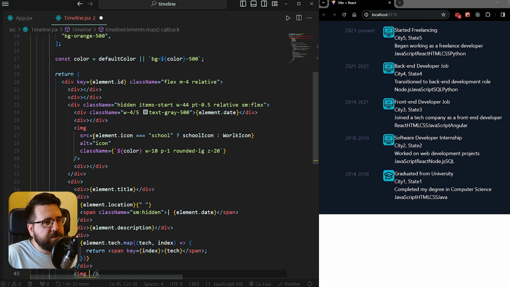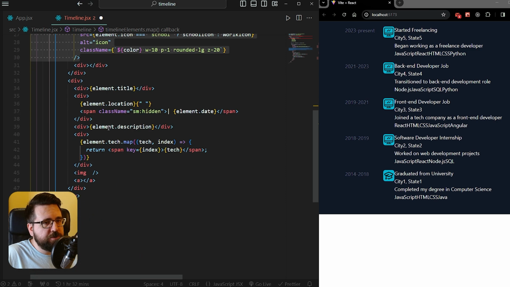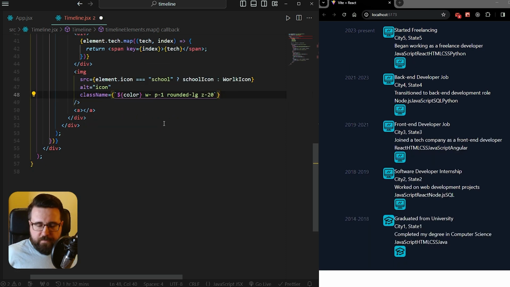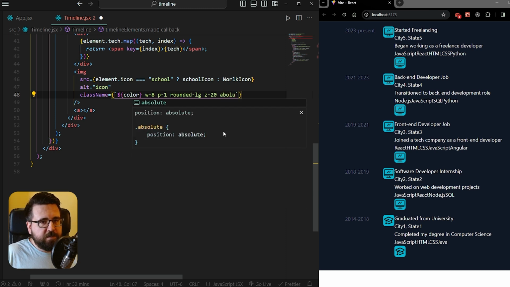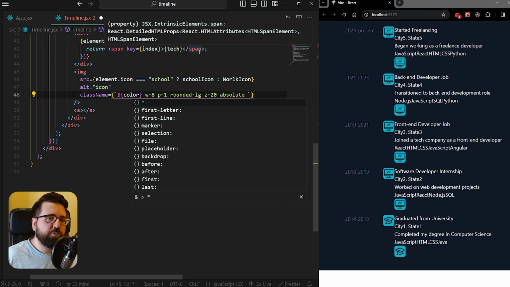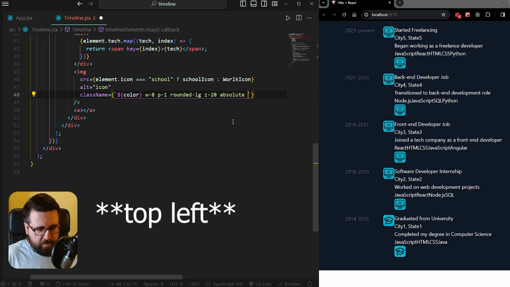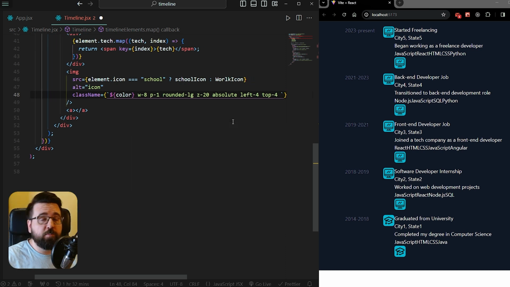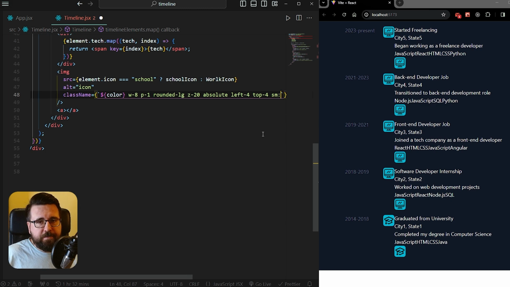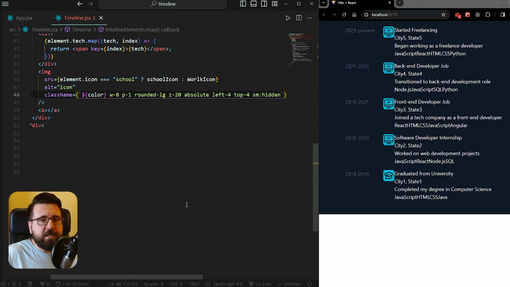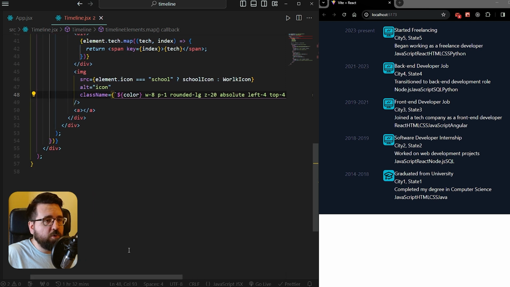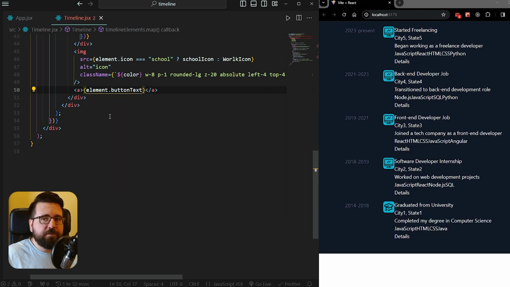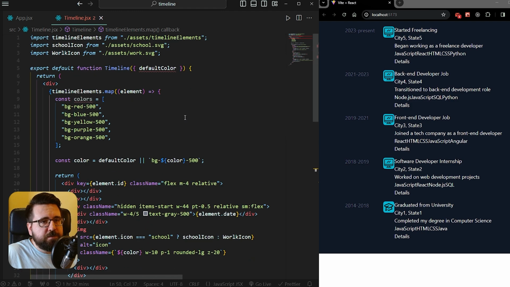Image is basically going to be just this image, so I'm going to paste it here, but we are going to change its width to 8, and we are going to set its position to absolute because we want to put it in the bottom left corner. And we're going to say left 4, top 4, or sorry, we want to put it at the top left corner, so left 4, top 4, and in the end we're going to say SM hidden because, like I said, we want this to be visible only on mobile. And for the anchor tag, we are going to say element dot button text,